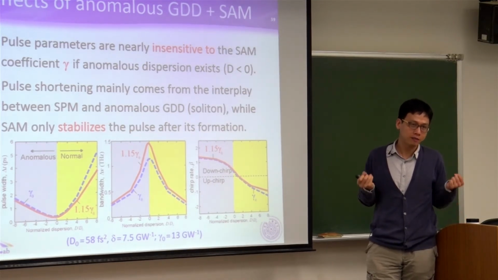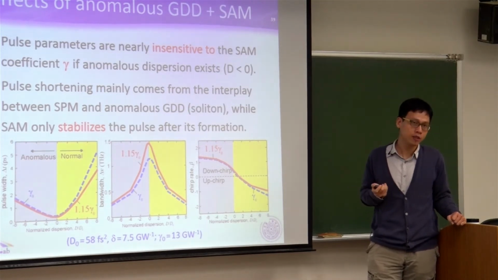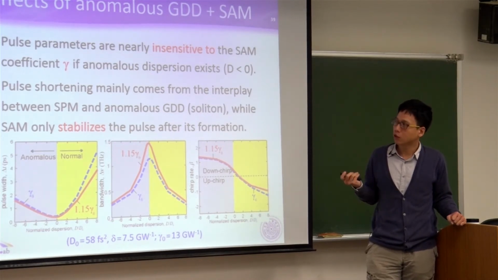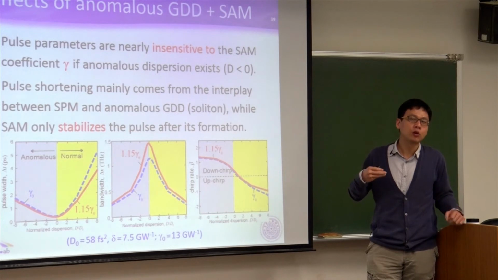If they are roughly balanced, soliton effect is very important. Then you can create short pulses from the noisy initial condition. Okay? But usually people still insert a saturable absorber inside the fiber lasers for pulse stabilization or for initial broad pulse